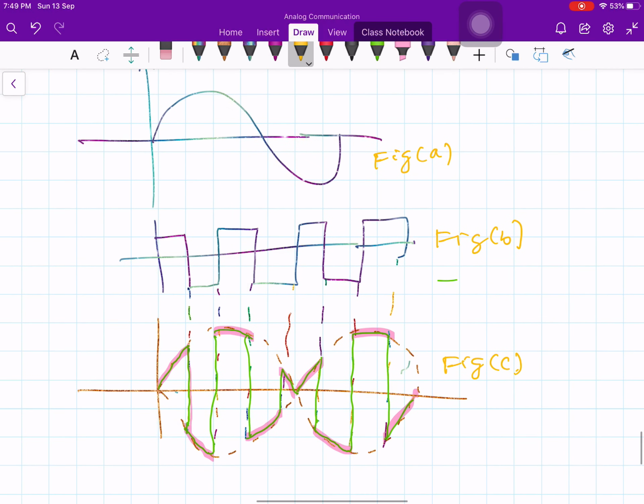Assume this is your modulated signal m of t, modulating waveform, okay, message signal, and to show the switching action, basically we are multiplying this m of t with a square waveform, and the square waveform goes between plus 1 and minus 1, and the output waveform would look like this. Of course, the switching will be at a much higher rate than what I have shown here, because the carrier frequency is a high frequency. So you get a modulated waveform which looks like this.